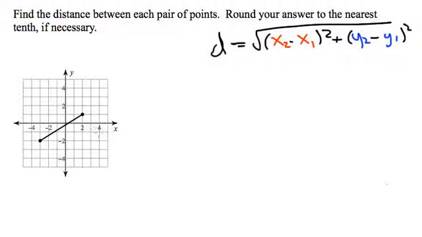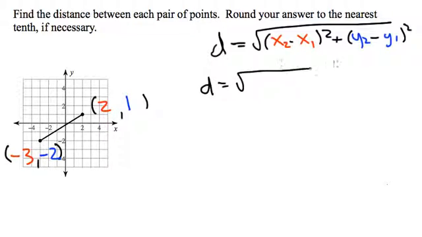Now let's put in what these particular points are. This one down here, and this one up here. So for this one, it's going to be -3, -2, and for this one it's going to be 2, 1. Okay, so now I've just got to plug them into here. So my distance equals